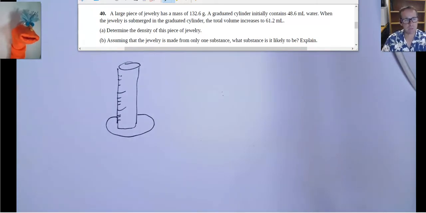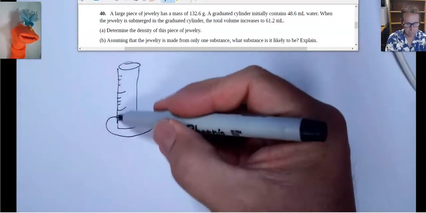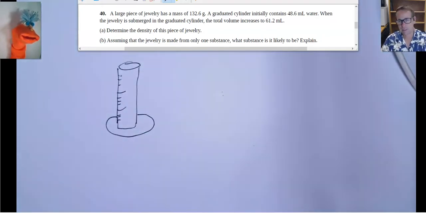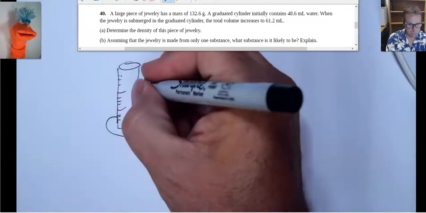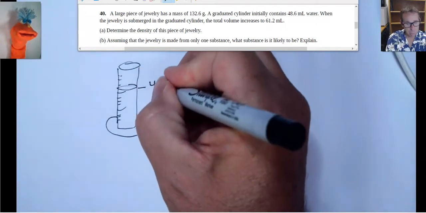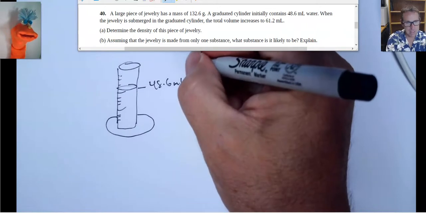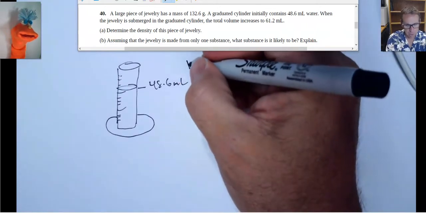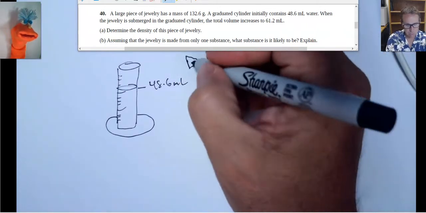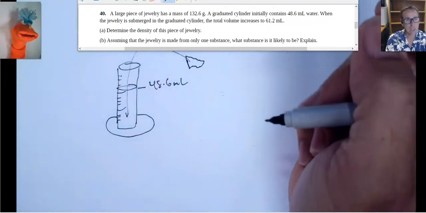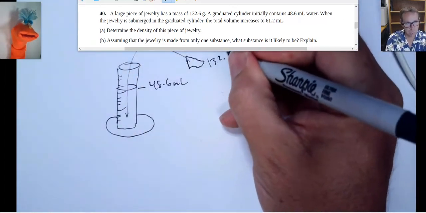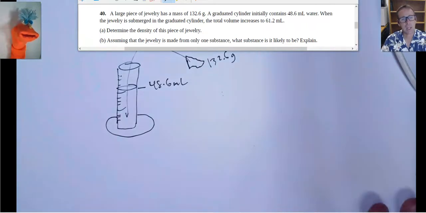So it can measure out those liquids. It has graduates or marks on the side that indicate how much volume there is up to that point. So what we do here is we fill it up to a certain volume, 48.6 milliliters, and we put in our mass of our block. Here it is. It's just a piece of whatever. I throw it into here, and it has a mass of 132.6 grams, and its